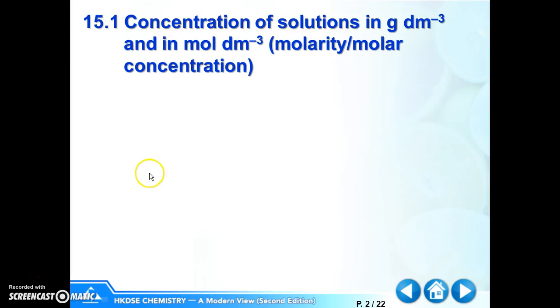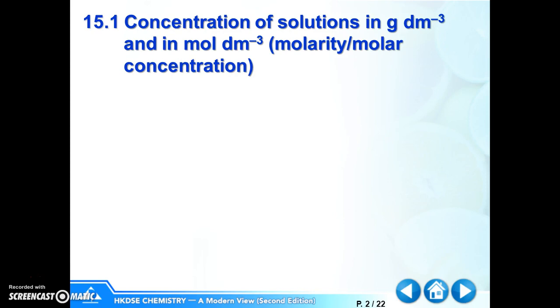Last time in the lab I showed you that if I use concentrated nitric acid to react with copper, it will give out a yellow gas. But if I use very dilute nitric acid, then it does not have any reaction. So it is important to know the concentration of solutions in studying chemistry, because solutions of different concentrations